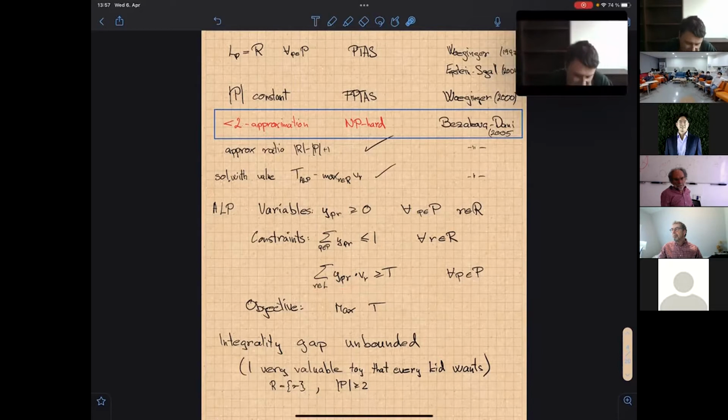So this is a linear program which will have an unbounded integrality gap trivially,